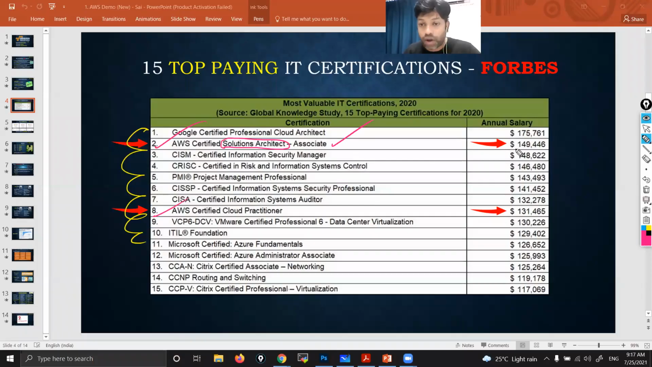Associate, you are eligible to get this much salary as per international market standards per annum. That means see $149,446. If you convert into Indian rupees, that would be around 70 lakhs per annum. That means you are eligible to get 70 lakhs per year as per international market standards if you have